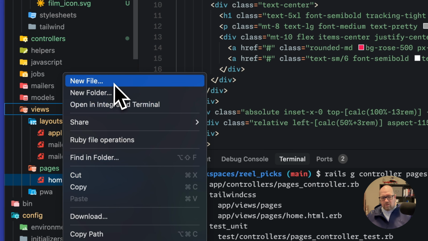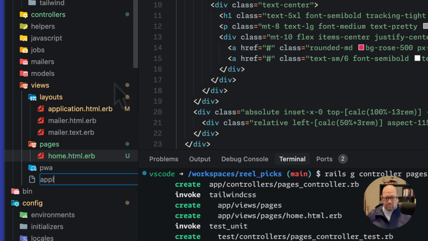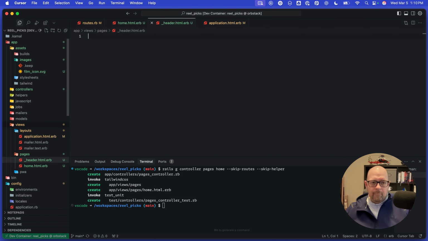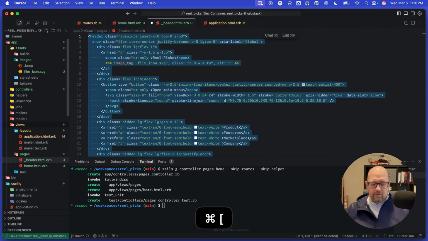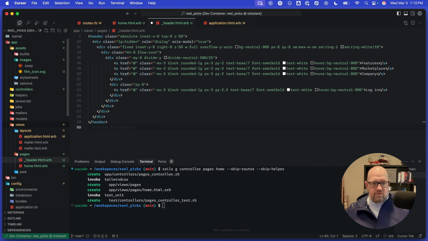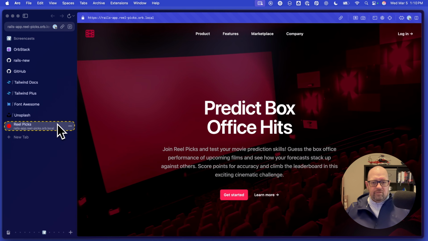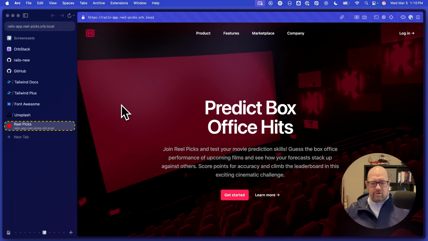So we could create that for the entire application, header.html.erb. But for now, we're just going to leave that in the pages folder. Paste that HTML in there and clean up our indentation. Hit save, go back to our browser and refresh just to make sure everything is working okay. So everything is looking good here,